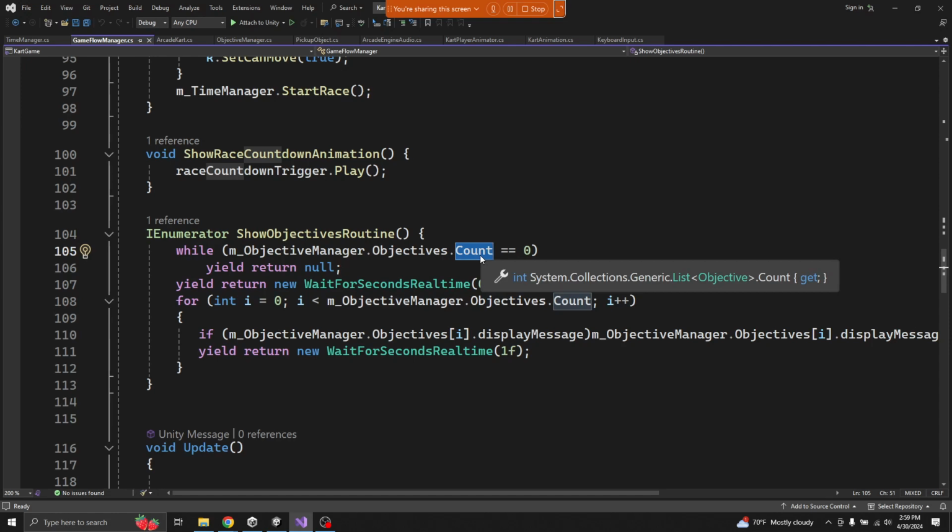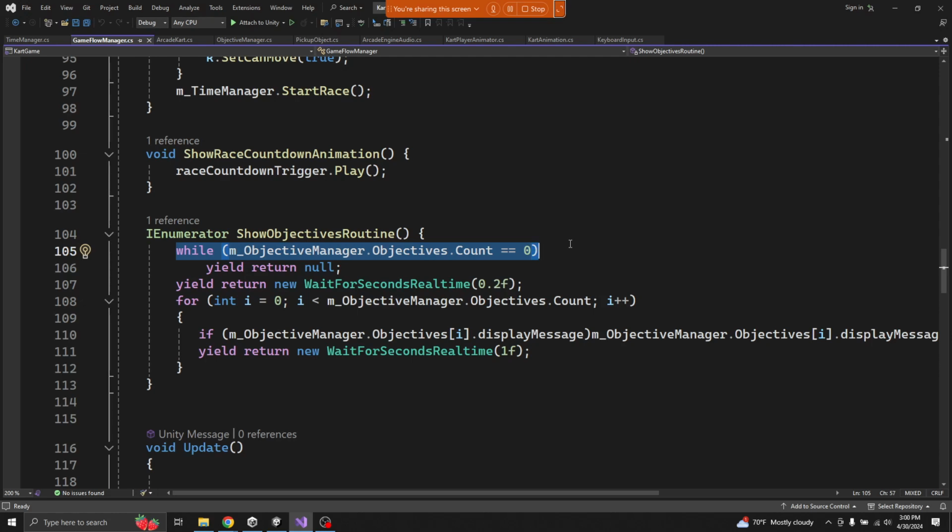And so when we first start up the game, it's going to be 0. There's nothing yet. The objectives manager hasn't assembled itself, and it didn't go out and figure out where all the objectives are. So we have 0 objectives. So we're going to loop here and keep looping. For every frame, you can think that this line of code will be called every update frame. It's just not on our